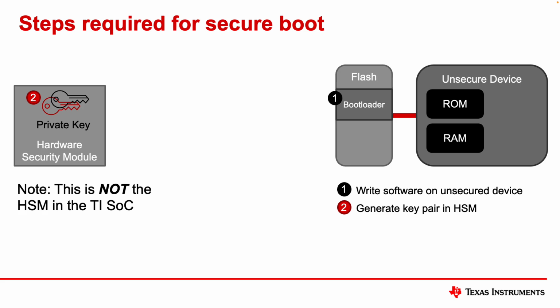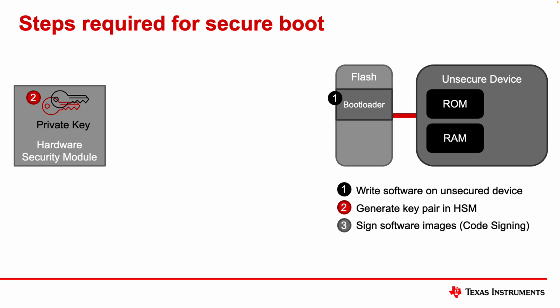You want to use industry standard practices, and that's always going to include using a good hardware security module to protect your secret information. So if your HSM is involved and it's got your private key, obviously we're going to have to send some information to the hardware security module so that it knows how to create the certificate for the secure boot process. So we take our bootloader image, and we're going to sign that bootloader image. So we're going to pass either it or a certificate that was built non-securely off to the HSM, where the real private key can be used to generate a true private certificate.